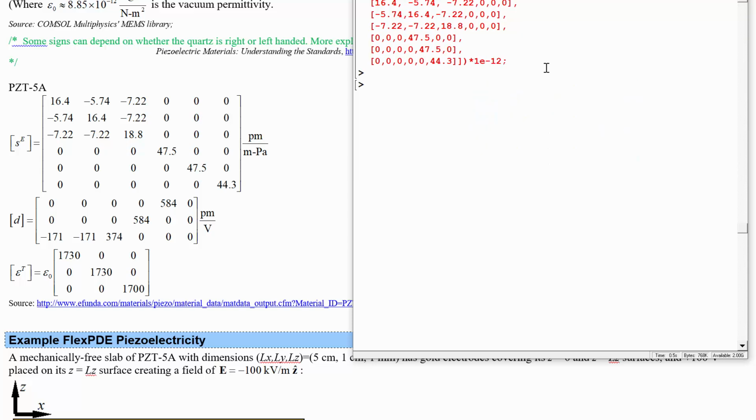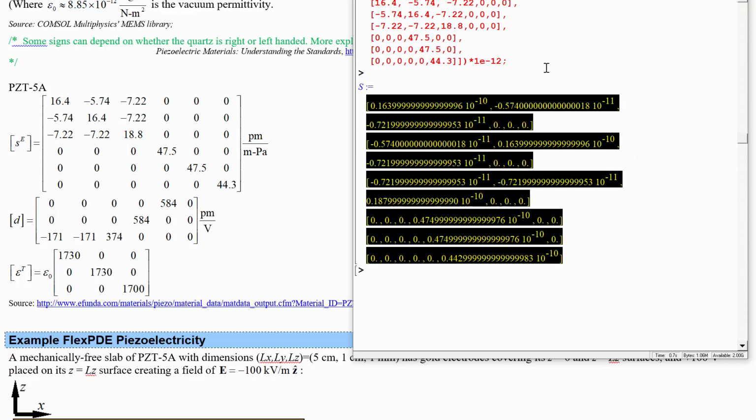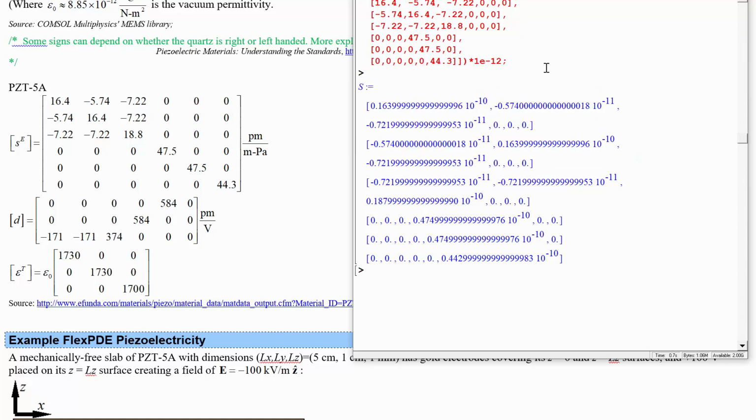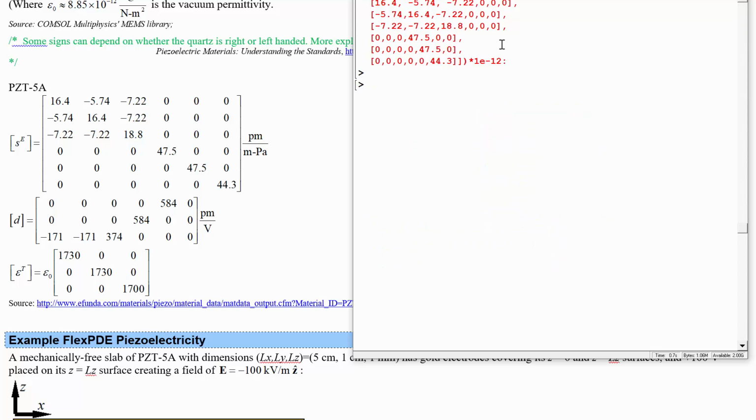Okay, now that is times 10 to the negative 12, actually, which makes it look like a gross mess of decimals. So let's not report it. It's still there. We're still calculating it. We're just not going to display that answer. Okay, D. Can I use D? Yeah, of course I can. Okay, this isn't FlexPDE here. I can make a variable named D. Okay, so D is equal to